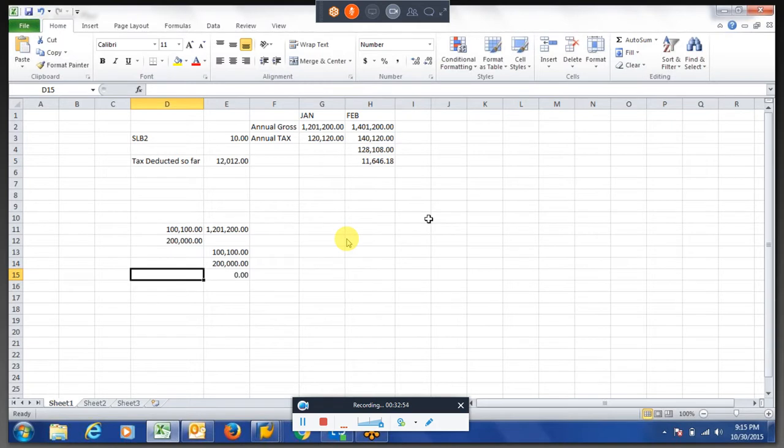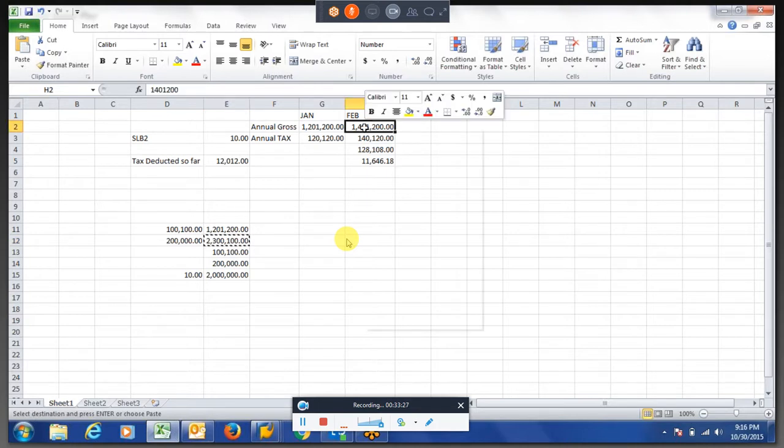So these months will be, for February, 10, right? So he should get this much, so if you sum all these three, this should be his gross, right? So if you put the same thing over here,